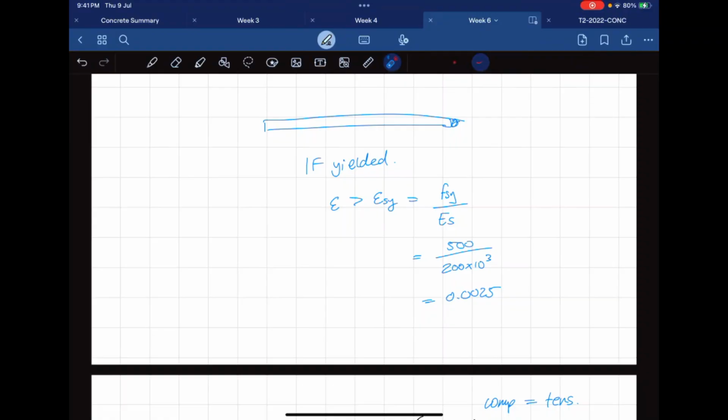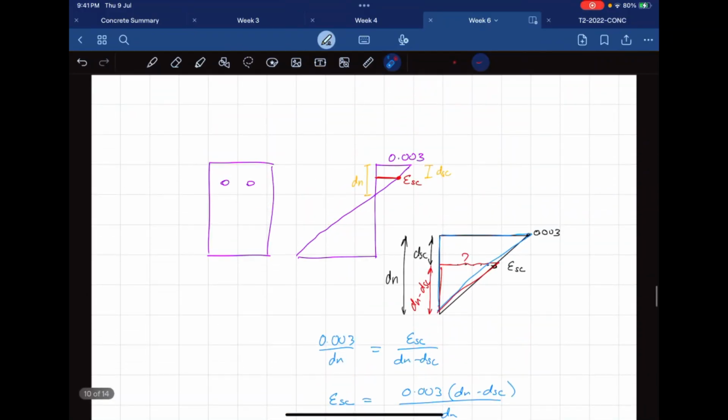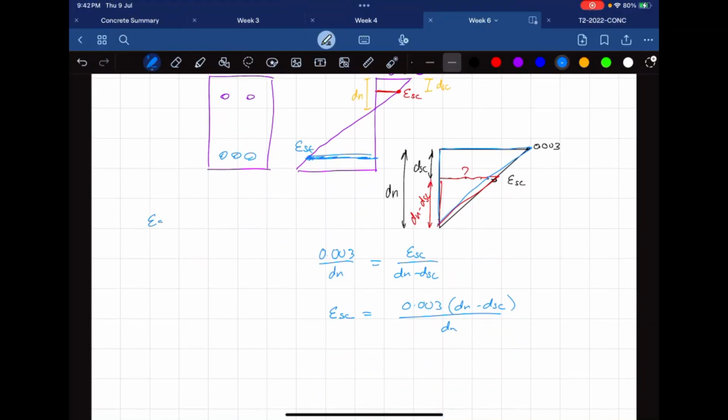But pretty much for each bar, you're going to have to check the strain at that point and the strain at this point, so one for your tensile bar, epsilon ST, and then epsilon SC. You're going to have to check two things. You're going to have to check whether this isn't yielded, because we assumed that it's not yielded, and epsilon ST is greater than